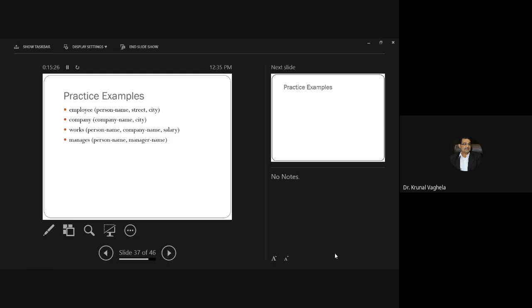Because here you will get person name but not company name. Here you will get company name but not person name. Is this the only table where you will find person name and company name both? So first table you cannot find company name, second table you cannot find person name, but third table you find both. Now can you write the relational algebra select and project which I have taught you? Try, then I'll show you the answer.